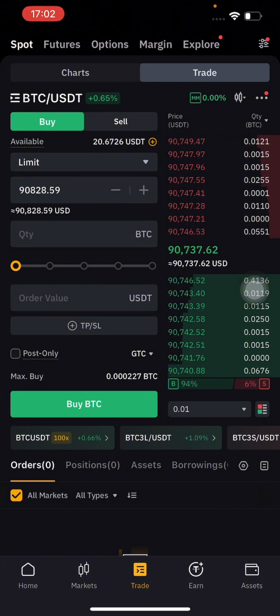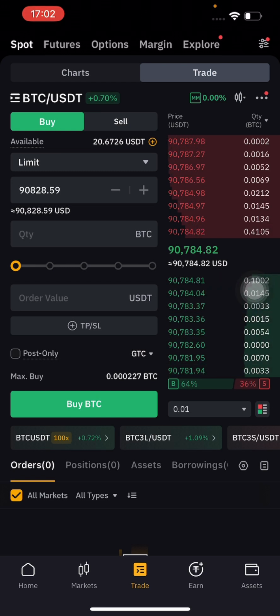Okay, limit order. What is limit order? Limit order is simply an order that you give to the exchange that when the price reaches that particular price of the Bitcoin or the cryptocurrency that you wish to buy, it should be bought for you. I don't know if you got me. Let's say, for instance,